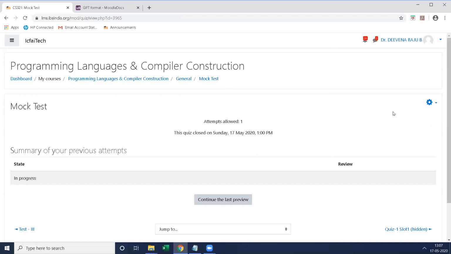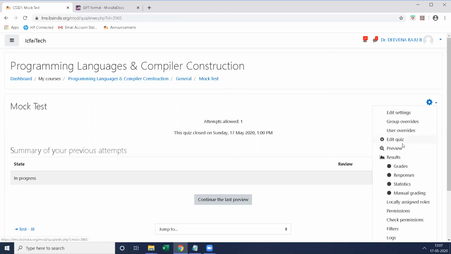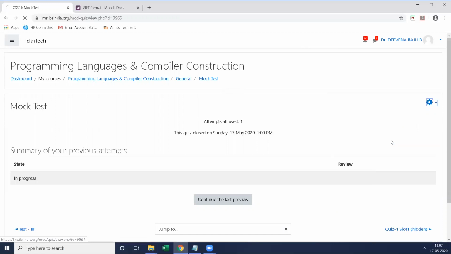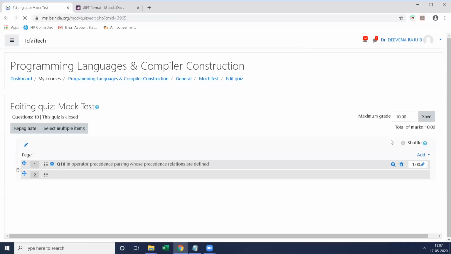Suppose you want to conduct this test on May 25th. Just go to the settings for the mock test, go to this part and select edit quiz.